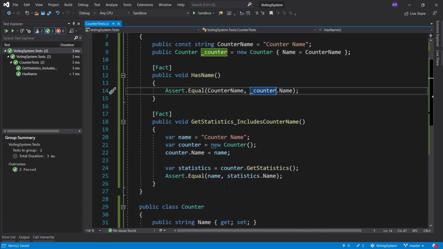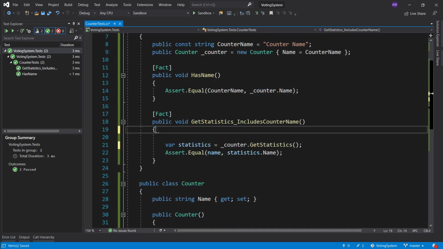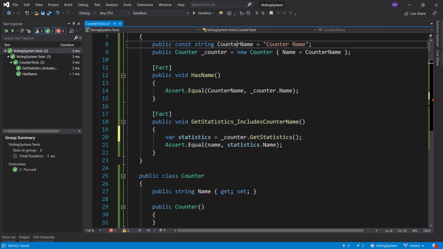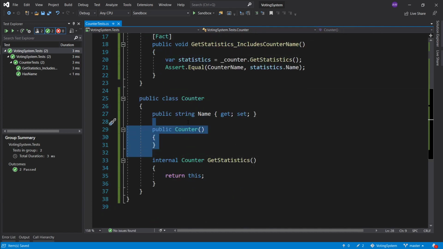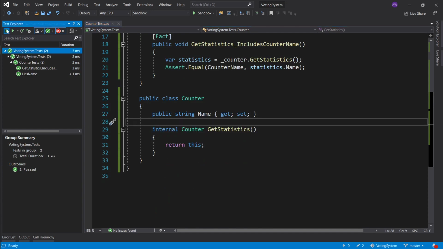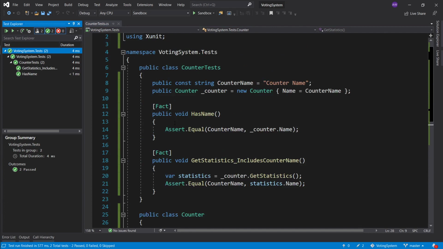right here. Okay, and then I can do the same thing, kind of the same thing here, but specify this here and counter name at the top here. And I'm going to remove this constructor since I don't really need it. Okay, let's run the tests. Cool, everything's still passing. Another thing you can do if you want to